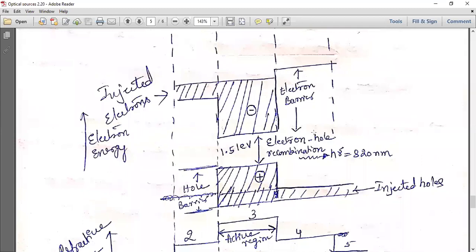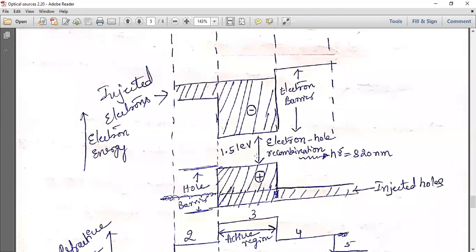If it is a homojunction, your band gap will be somewhere here, and there are chances that the light may again go and hit an electron and recombine. That comes into your stimulated emission. That will be in laser. So here there is no amplification. The light has to just release and no recombination should occur. So whenever the light is coming out, it has no chance to again recombine. It just goes out. That is why heterojunction is used.